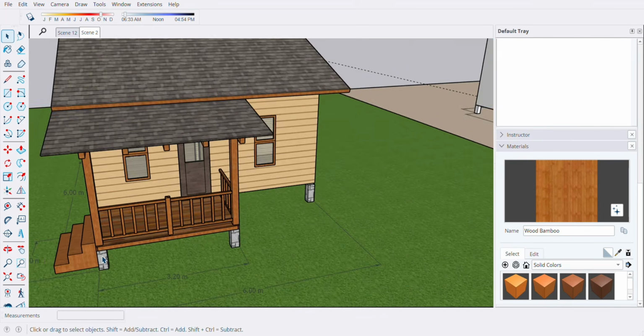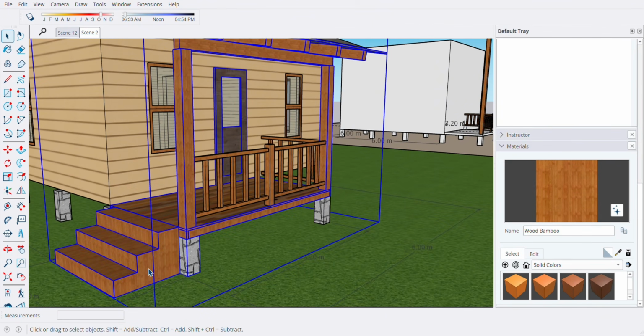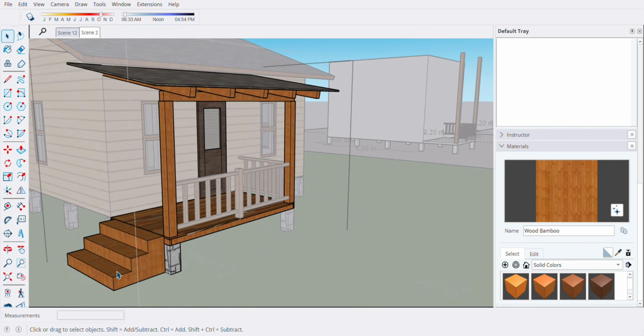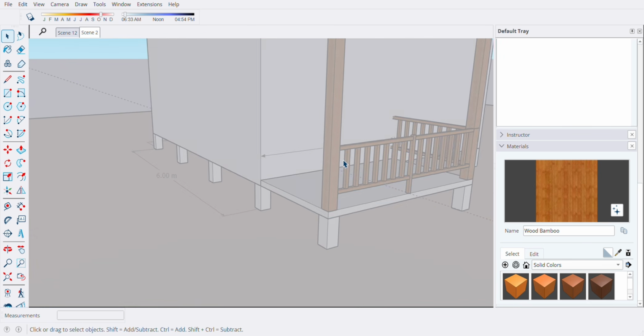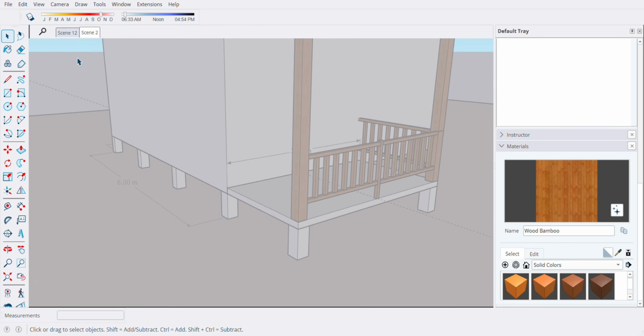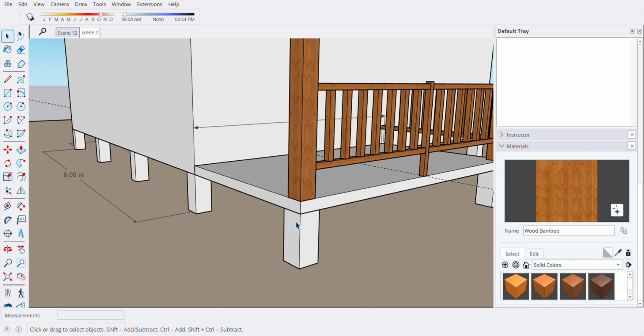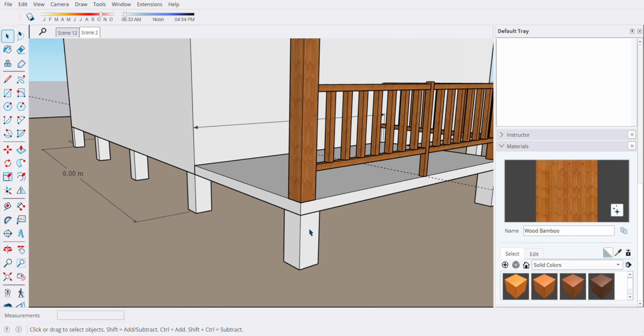So here, how I made this one. Okay, I'll do this one here. So how I made that one is like this. I make a line going from the top, going down, and then going there.